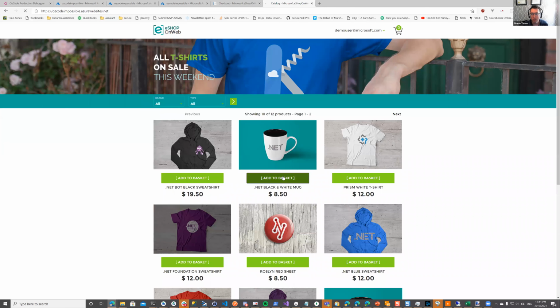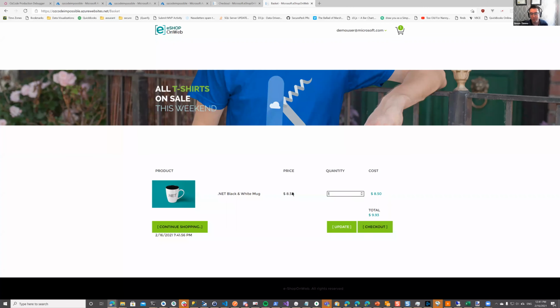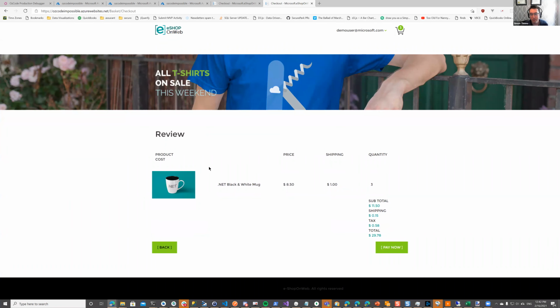So this is an unrelated bug that it clears my cart after I log in. We'll fix that in the next release. But the one I wanted to look at here is my subtotals and shipping and taxes and totals. These don't look quite right to me. So we're buying 3 of a thing that costs $8.50. So I would expect that to cost us about $25.50. But our subtotal is really weirdly and confusingly